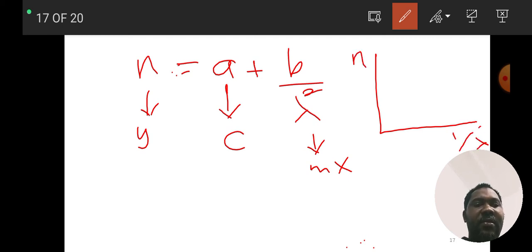Okay, so we are plotting a graph of n against 1 over lambda squared. That means your graph must be a graph of y against x. So my y, which is a variable, is n. Our x, which is also a variable, is 1 over lambda squared. And if you notice,